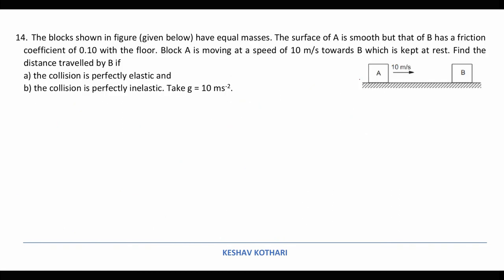The blocks shown in the figure have equal masses. The surface of A is smooth, but that of B has a friction coefficient of 0.1 with the floor. Block A is moving at a speed of 10 meter per second towards B, which is kept at rest. Find the distance traveled by B if the collision is perfectly elastic and if the collision is perfectly inelastic. The friction is only offered by block B. So in the first case, that is for perfectly elastic collision,